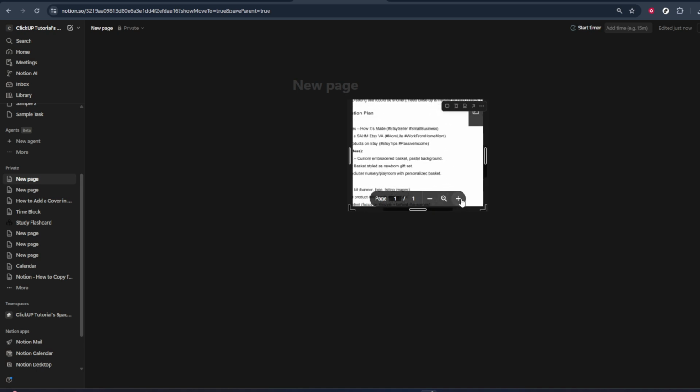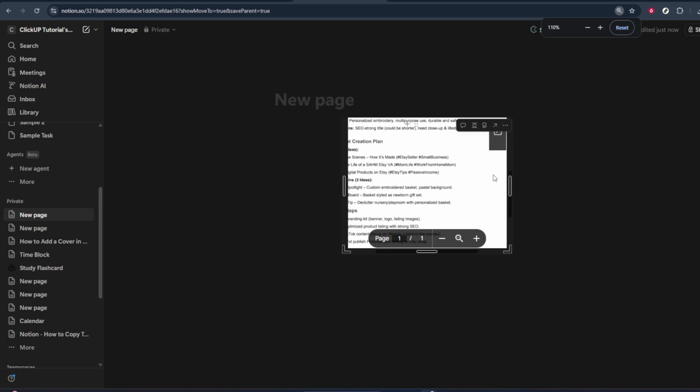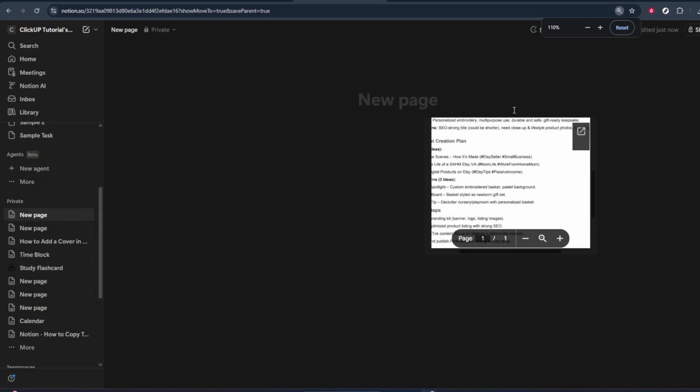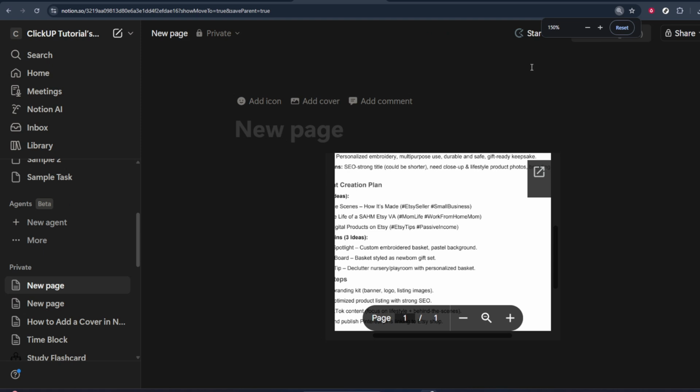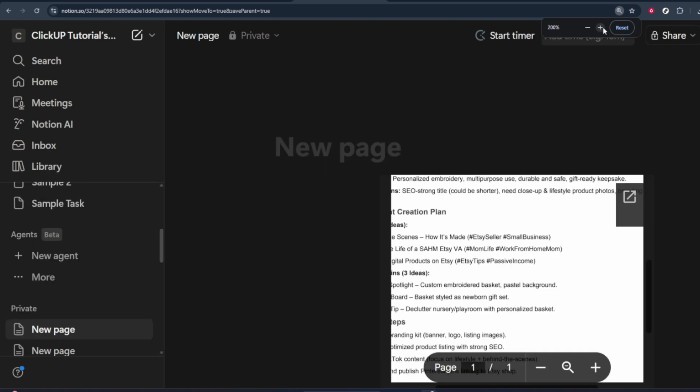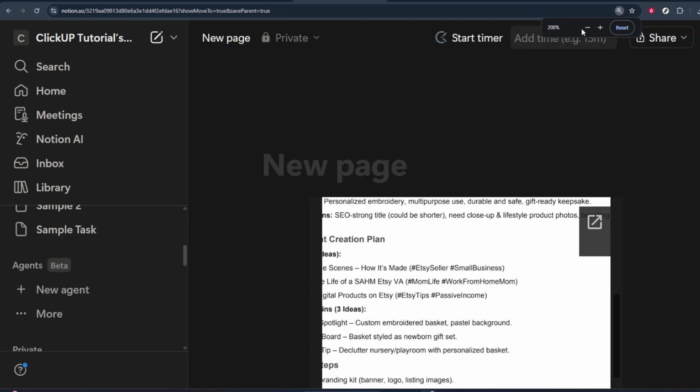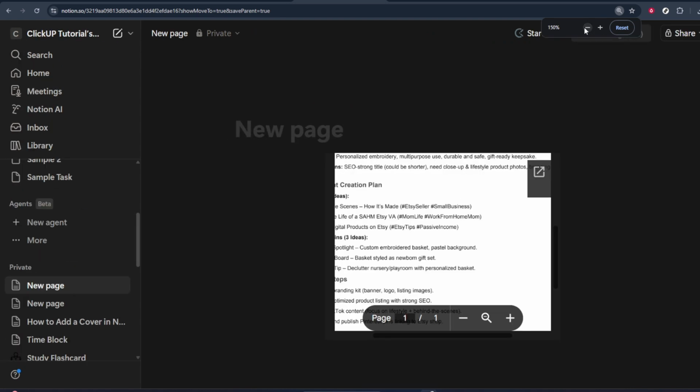Once your Notion page is open, the actual zooming in is done using your keyboard. If you're on a Windows computer, hold down the Control key, usually labeled Control, and then tap the plus key. You'll see the content on your Notion page become larger. Each time you press Control and plus again, your view will zoom in a little more, making text and elements